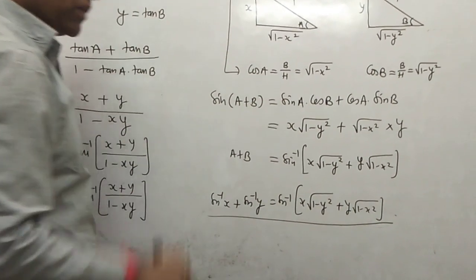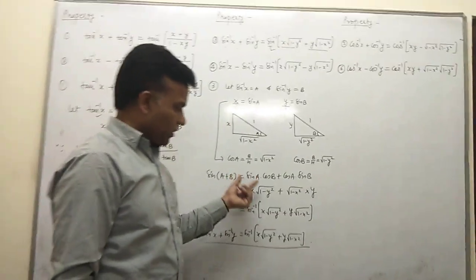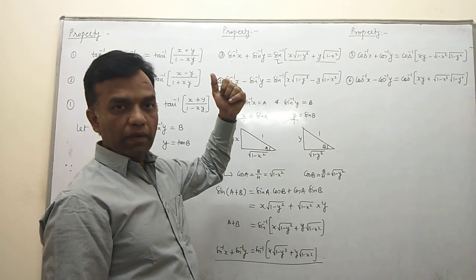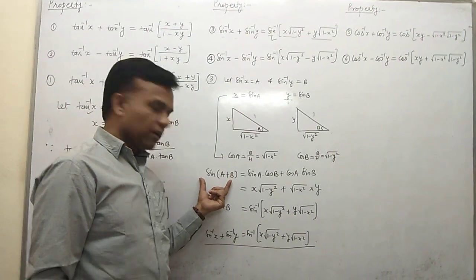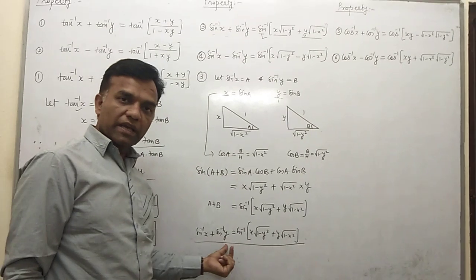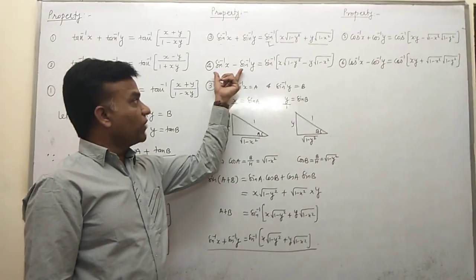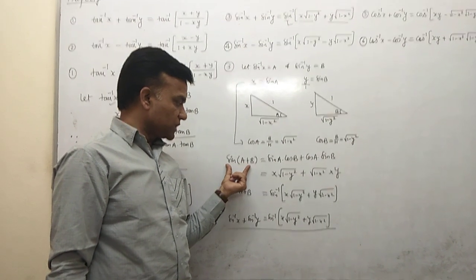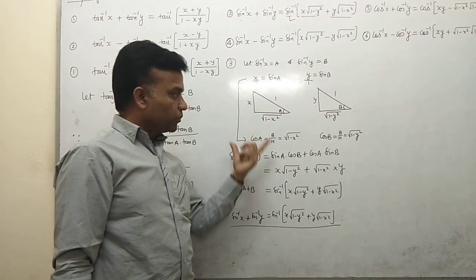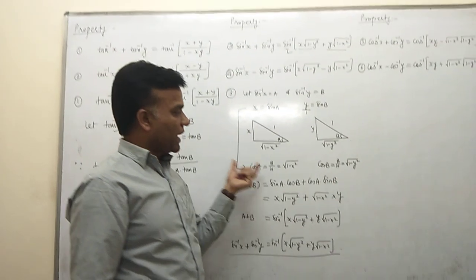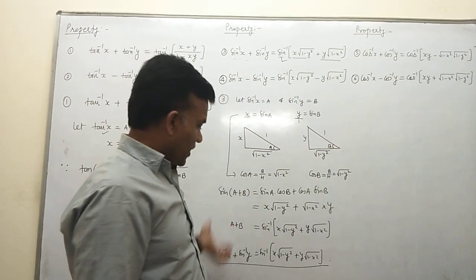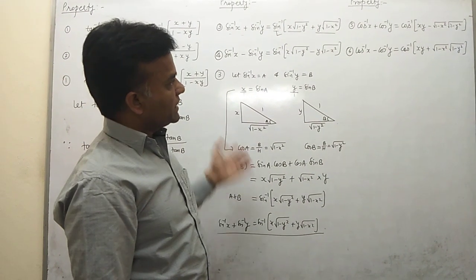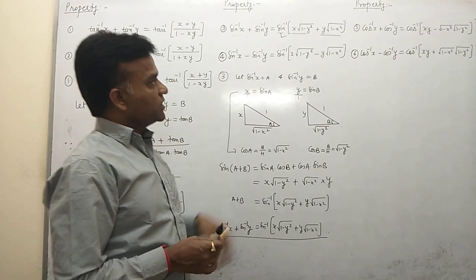So this is the positive formula we have from sine of a plus b. The fourth formula is sine inverse x minus sine inverse y. Use the same concept: use sine of a minus b, the same way we got the value of sine inverse x plus sine inverse y. Draw the same triangle, find the other trigonometrical ratios, and put them in the formula, and you get the result. This concept is very easy.